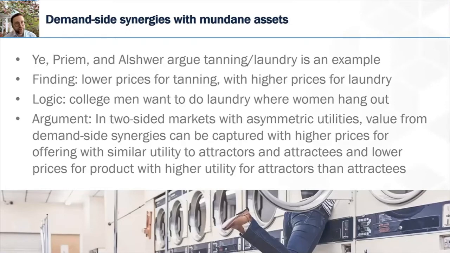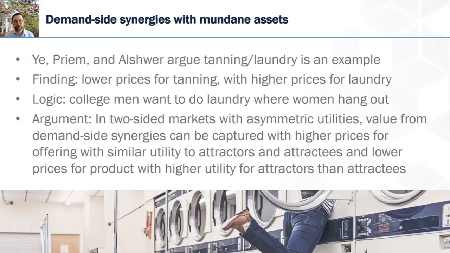So this brings us to one of the readings for today. Both of the readings were pretty complicated. So if you did not completely understand them on your first reading, that is totally okay. The first reading talked about demand-side synergies with mundane assets. And the authors argue specifically that tanning salons co-located with laundromats are an example of this, in that their co-location adds value. And beyond that, you need common ownership of both in order to maximize the value creation and value